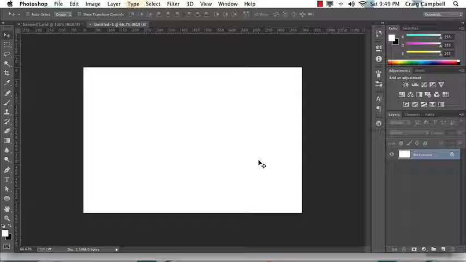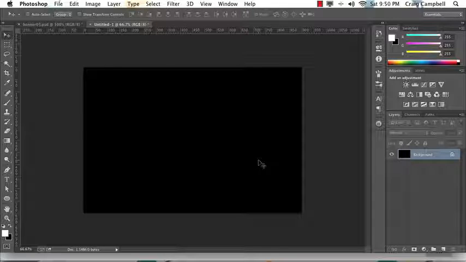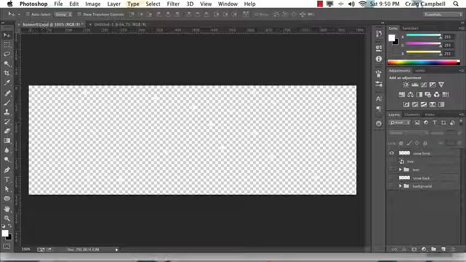the snowflakes. So I'm going to hit Command Delete or Control Backspace on a PC, and that will fill the currently selected layer with the background color, which as we can see down here in our color selector is black. If black is your foreground color, then you can use Option Delete or Alt Backspace on a PC to fill with the foreground color. Either way, fill that background layer with black, and then let's grab our snow layer and